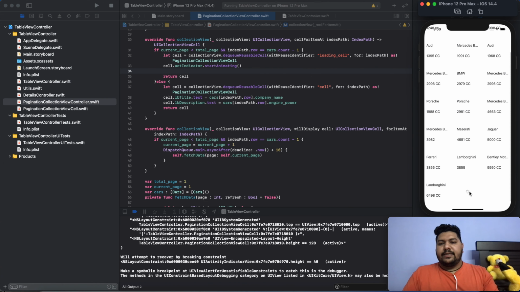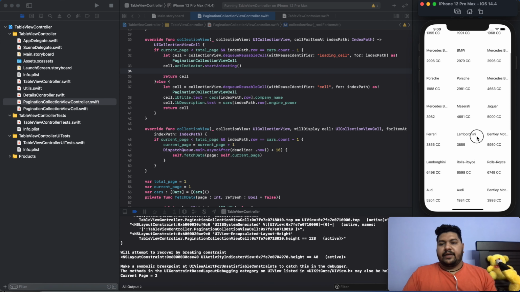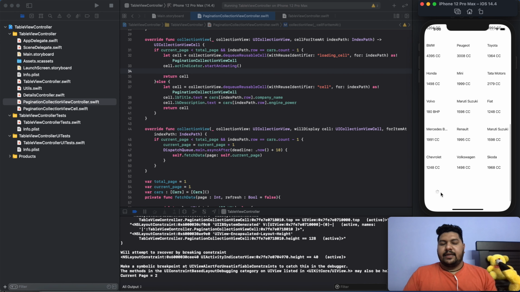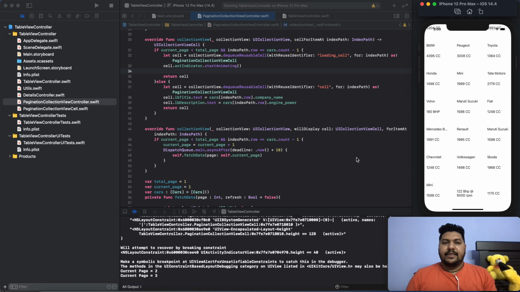Here you can see this time it's running regularly, and it will run for 10 seconds because I gave the time interval to show you how it will work. If your service is taking time, then it could be very useful. I hope it's very clear to you how you can integrate pagination into your UICollectionViewController.